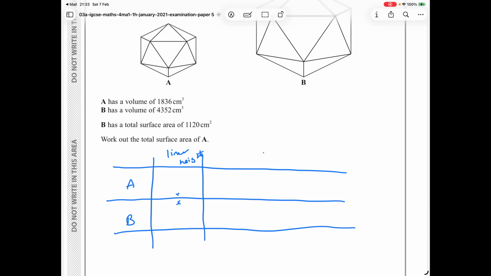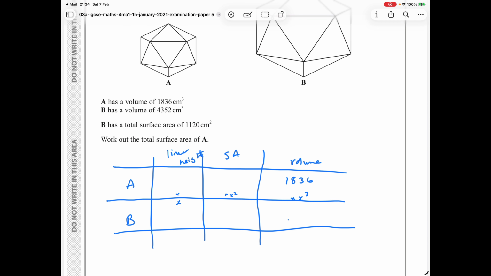And then there is a surface area relationship, and that's going to be times x squared. And then your volume relationship, and that's going to be times x cubed. So we know that